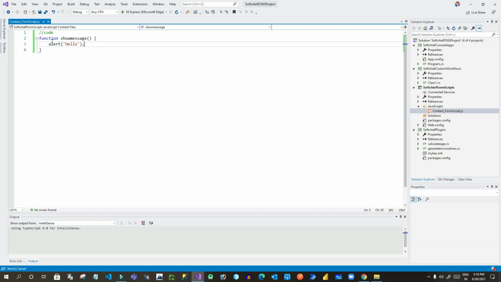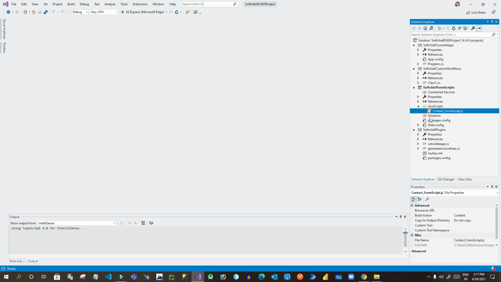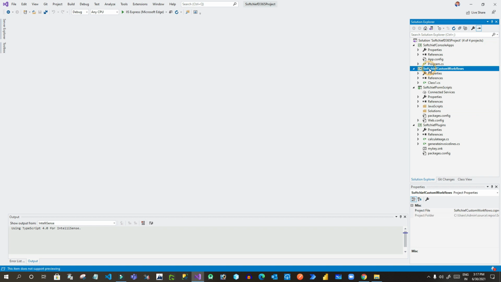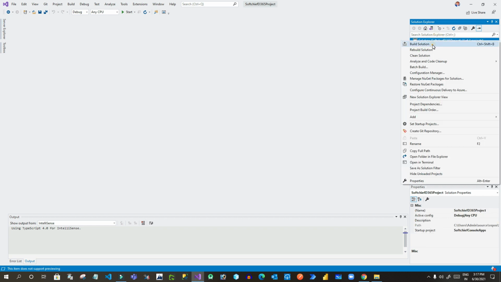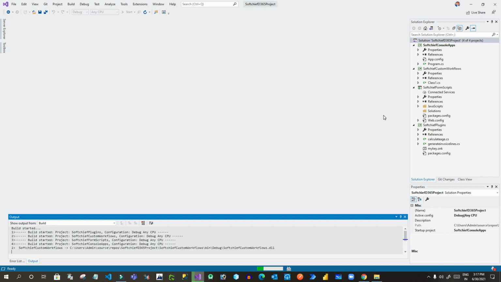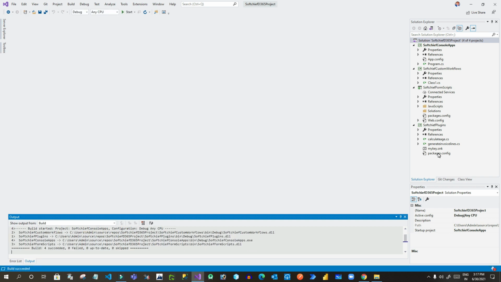Now I have created a sample JavaScript and added some code, right? Now this is also stored here. You can also keep adding custom workflows here, console applications here, any class files that you want. So this is how you have to build. I will cover more in-depth things on this folder structure in my next video.